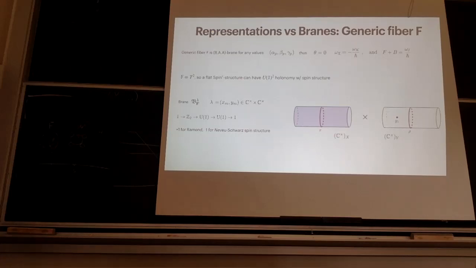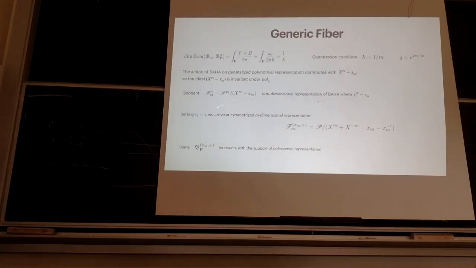Which is called BF lambda. And lambda is the choice of these U1 holonomies, so the choice of x_m, x_y, right? Now it turns out that the action of DAHA on this representation commutes with x^m minus little x^m. And this ideal, x^m minus little x^m, is invariant under the polynomial representation, so we can quotient by it. We take this P_y1 and quotient by this factor, and we get an m-dimensional representation if we say that